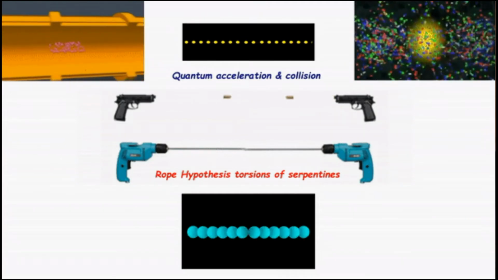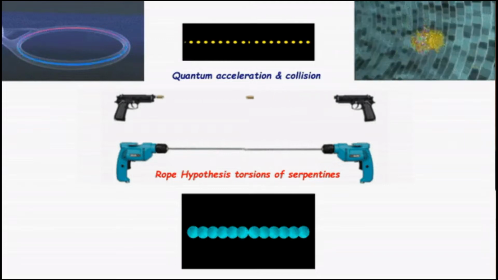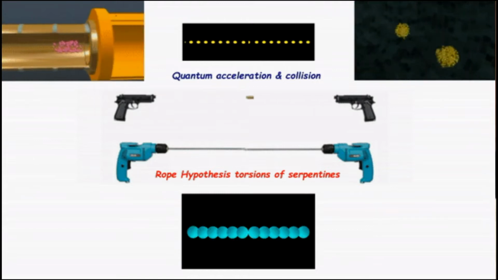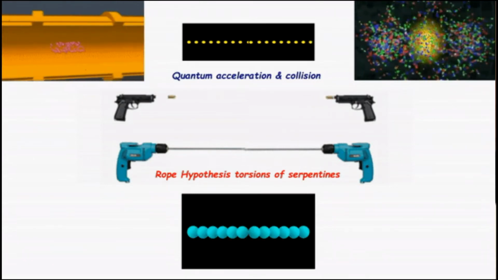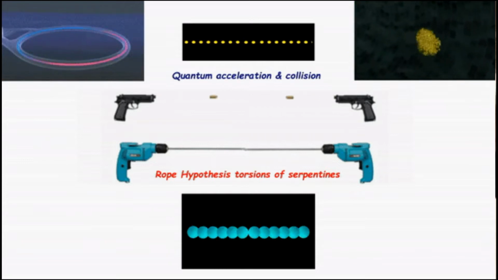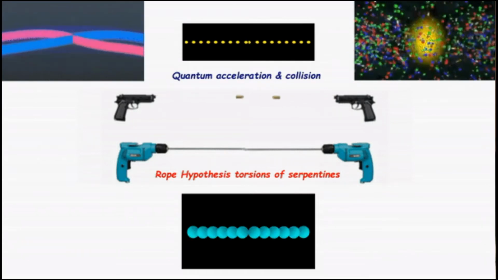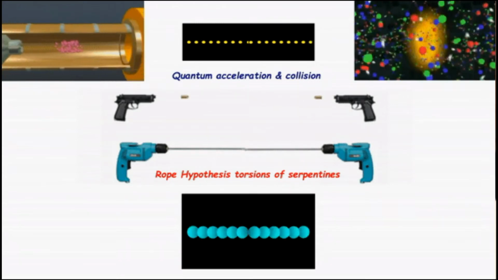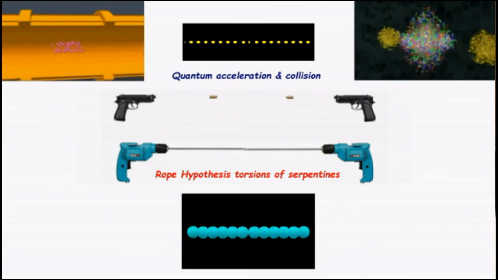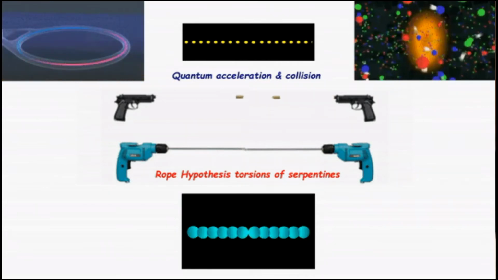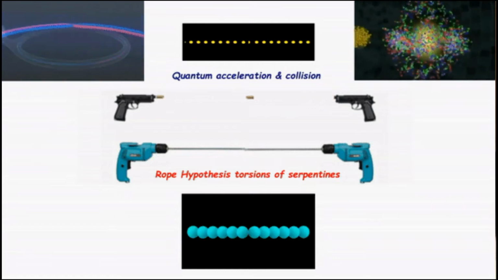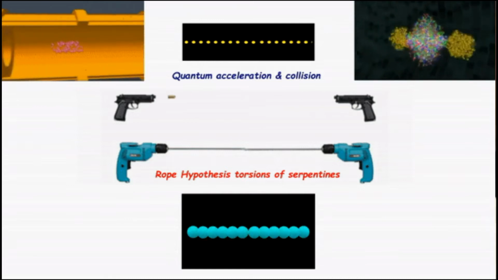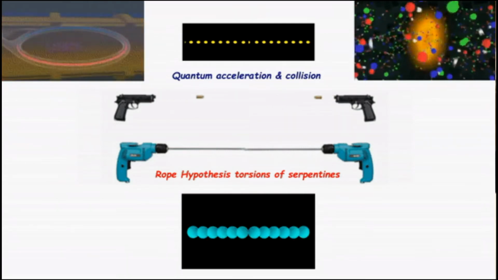What we think is happening is something different. Under the rope model, throughout the beamline you have these atoms, really they could be atoms, could be molecules, and they're all bound to each other. Their electron shells are merged into each other, and what they're doing is oscillating in place. In other words, they're torquing. The whole serpentine, as we call them, is torquing. So it's a difference between putting two drills against each other versus two guns against each other. There's a difference in the mechanism we're proposing for what's happening inside a beamline. So this is where they get the idea of particles.